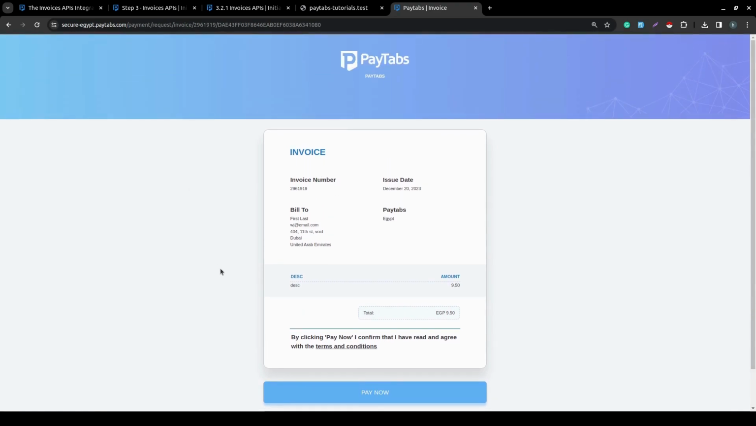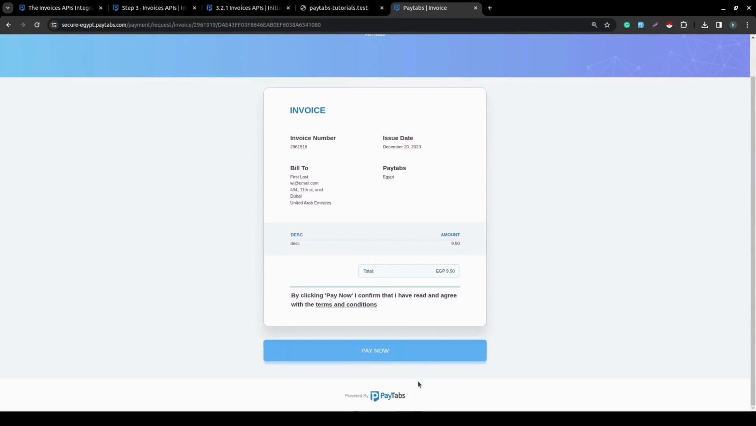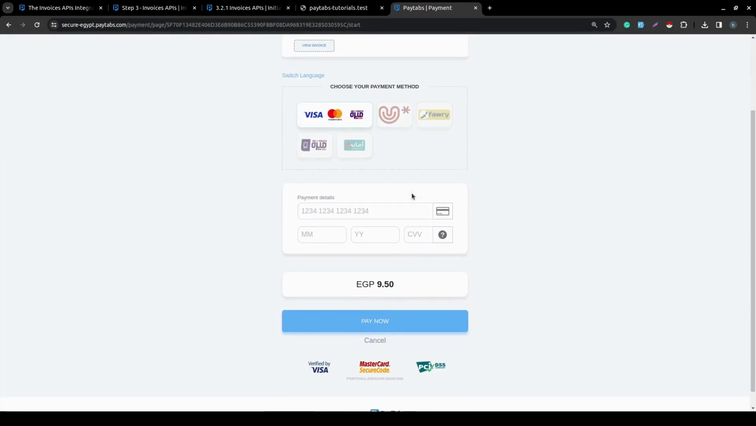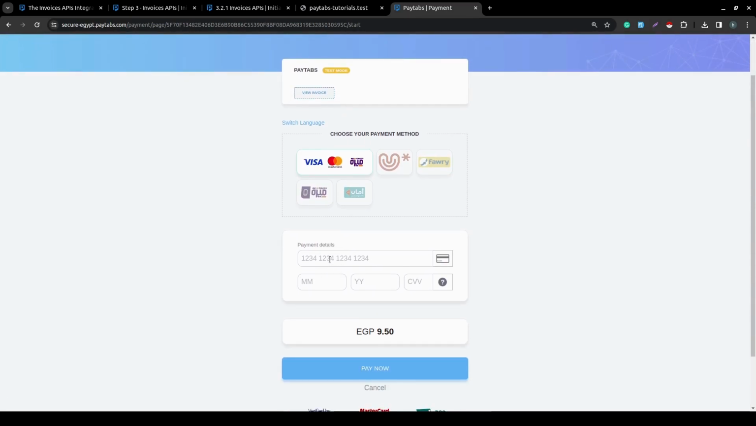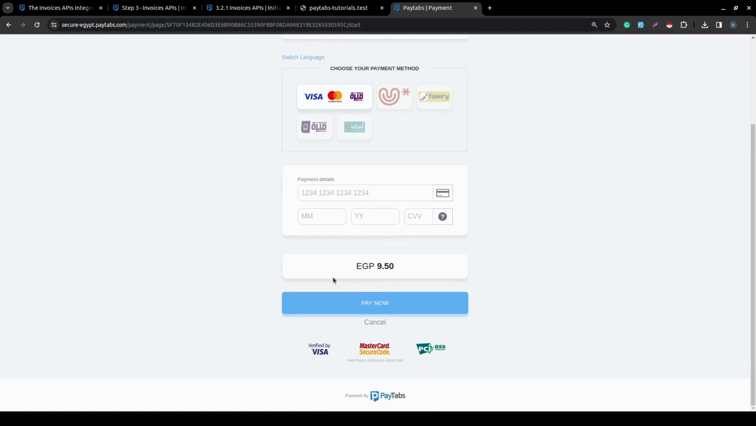But once they receive it and approve the payment, they'll be able to click on Pay Now, and after that, they will be redirected to the normal payment page that looks like this. They will fulfill the payment, click on Pay Now, and once they are done, they will be redirected back to your customers, or back to your website, actually, sorry. So this is a simple idea of the invoices that we are going to be learning throughout the following videos